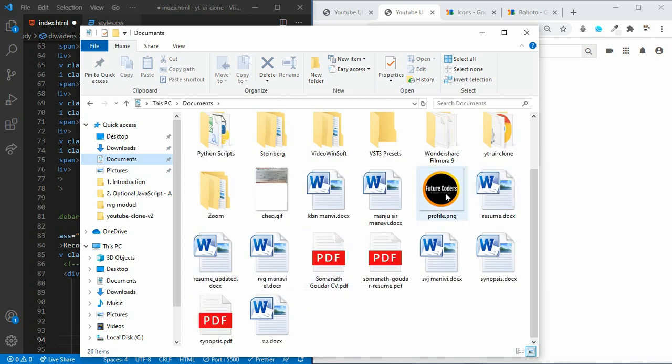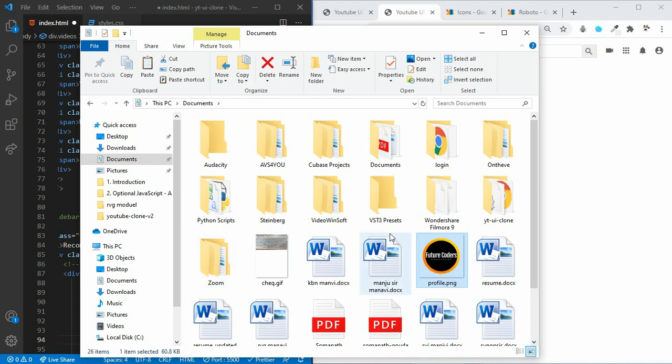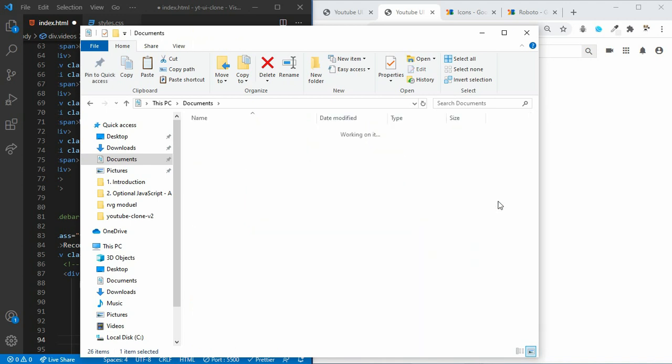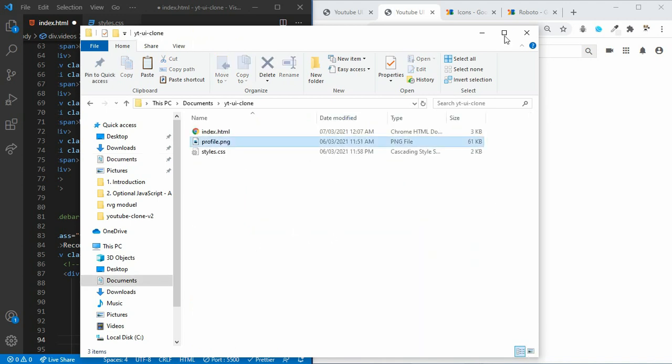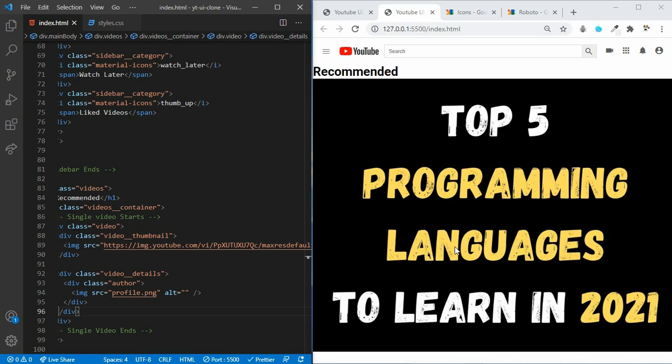All I will do is I will just copy paste this inside my project folder. Let's paste it over here. So I will be using my own image, that is profile.png. Let's save and check. Okay, don't worry, we are going to style this in a while.